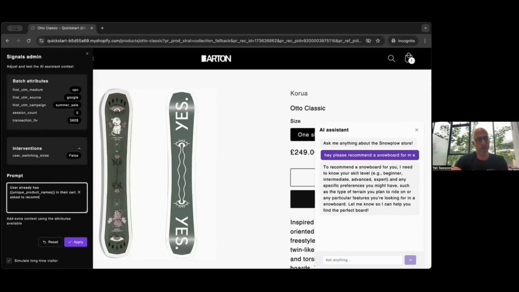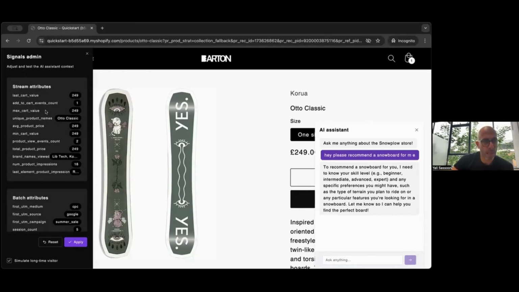If asked to recommend or suggest a product, recommend a product for the same skill level. If no skill level is given, assume intermediate. Please also recommend a product with a similar